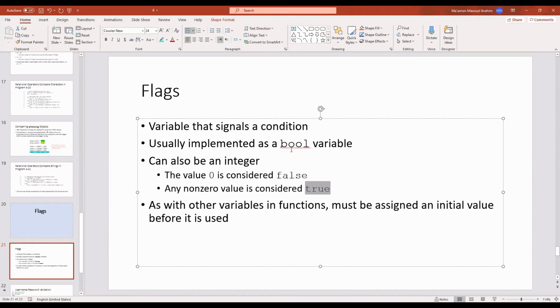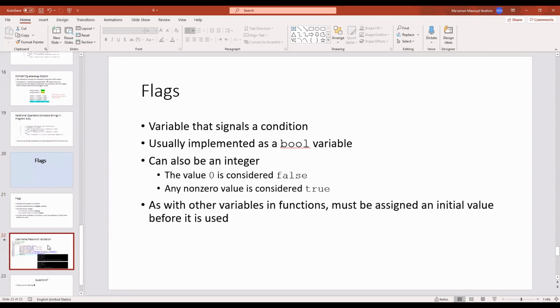But the flag, don't forget, if we have talked about flags, we are talking about Boolean or integer variables, or about true and false values. And these flags are used inside conditions or used with conditions. Okay, so this is for the first slide. Now here, just a simple example